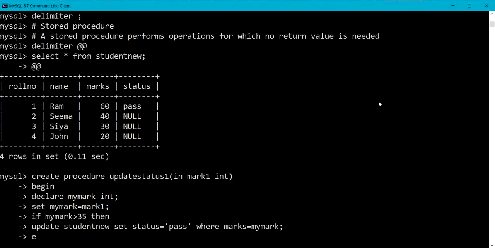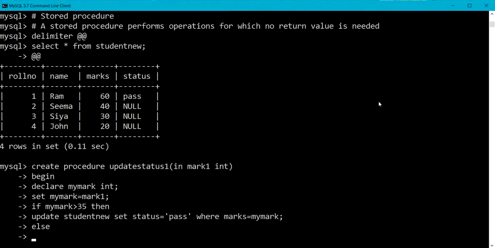Else update student new, set status equals to fail, where marks equals to my mark.